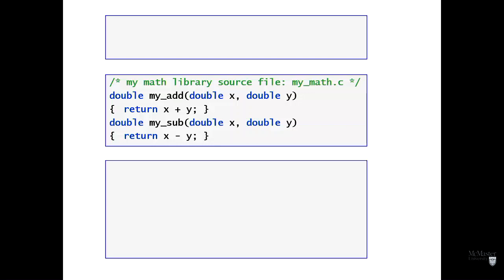Okay. So last time we stopped here. We said after learning how to define functions,